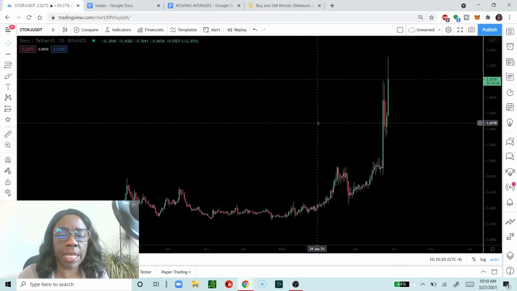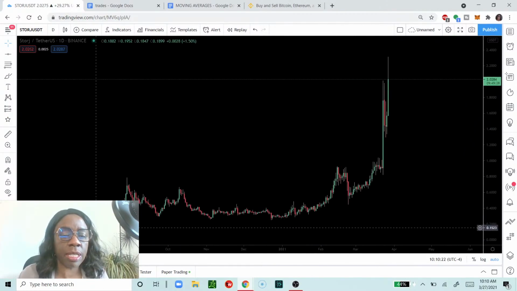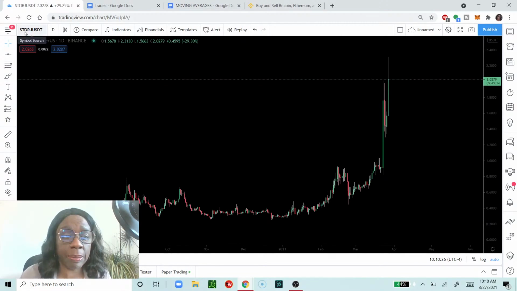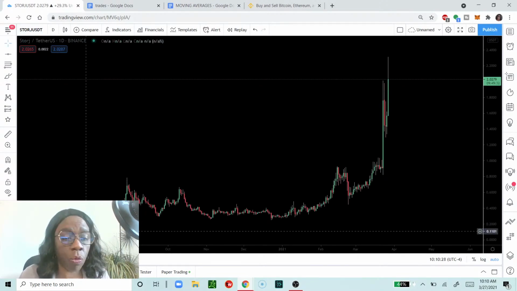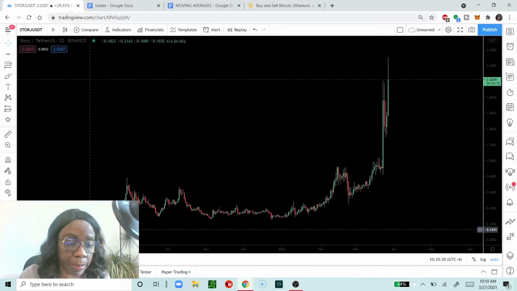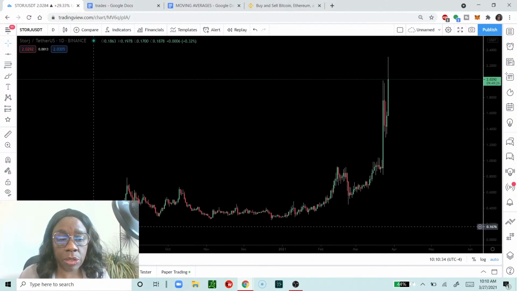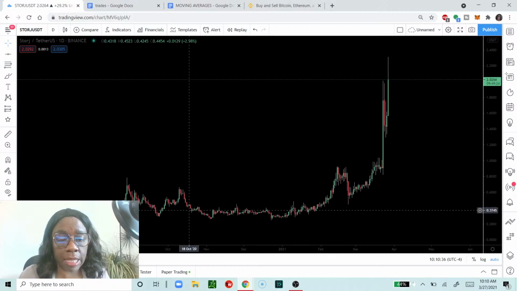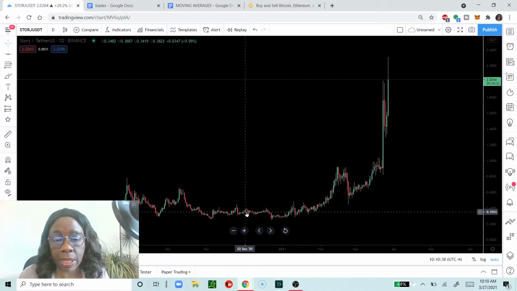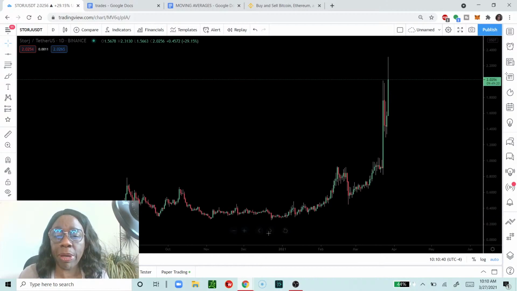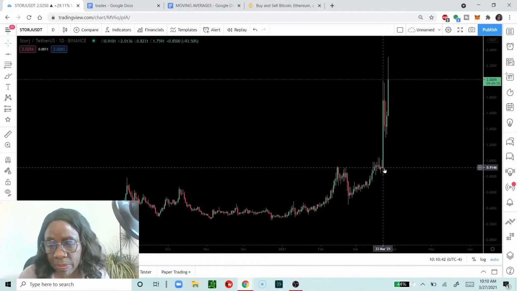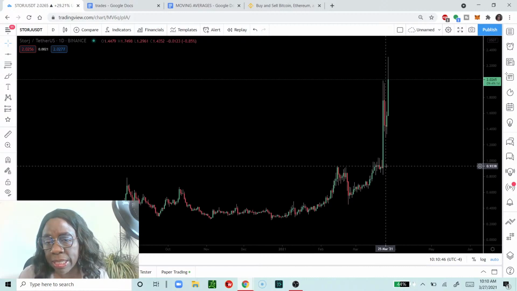So this is a daily chart, and we've zoomed out. And you can see the price action of this coin that pumped in the last 24 hours. Look at the price action over, when was this? July of last year. So just look at how it's gone up, how it's gone down. And you want to look at the last time it pumped. Over here is the more recent time it pumped. Or we could actually say yesterday, right?